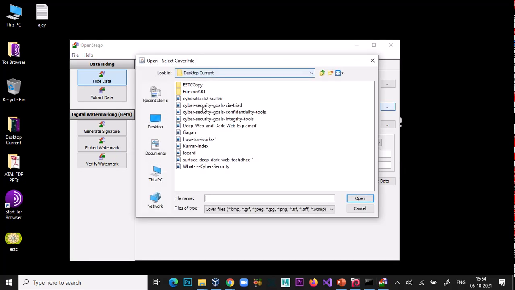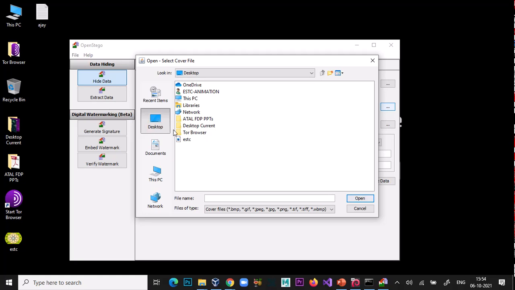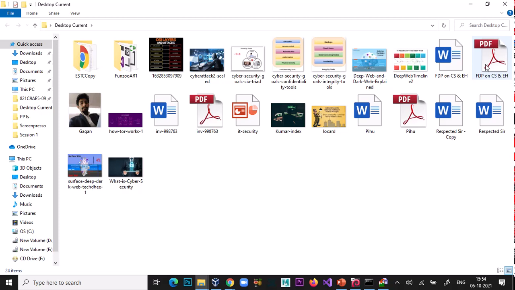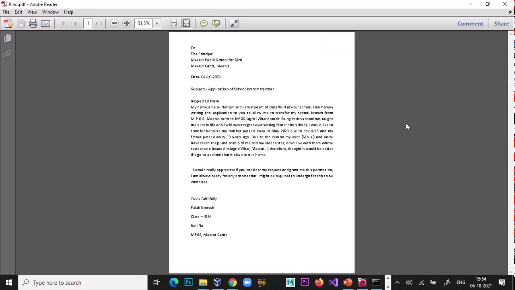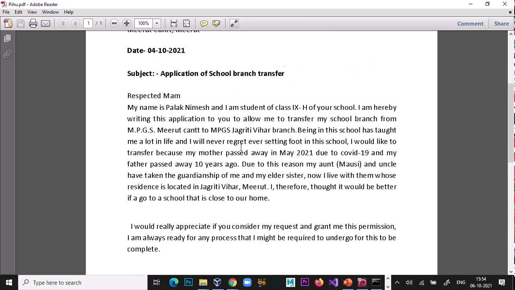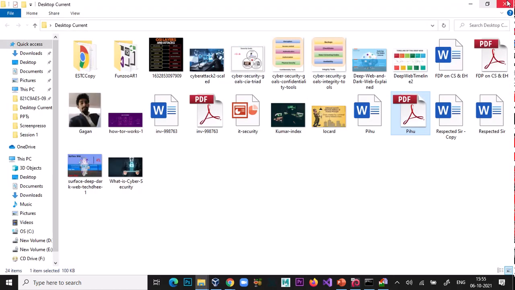So now, this PNG is my cover file, and my message file is this simple application, school branch transfer.